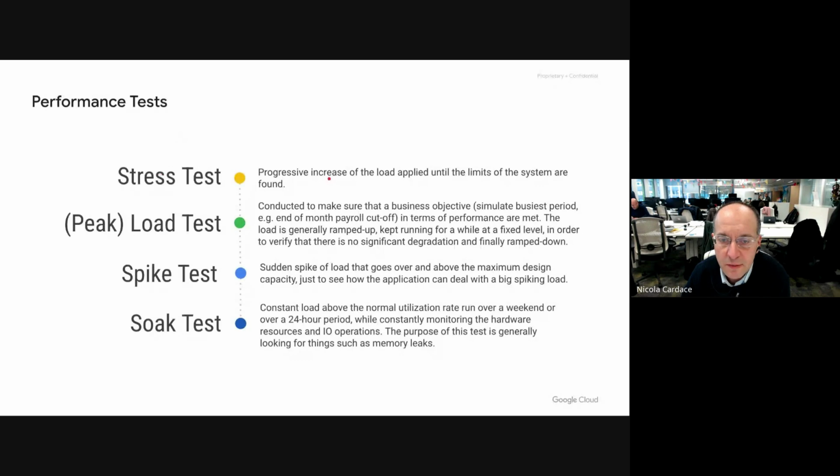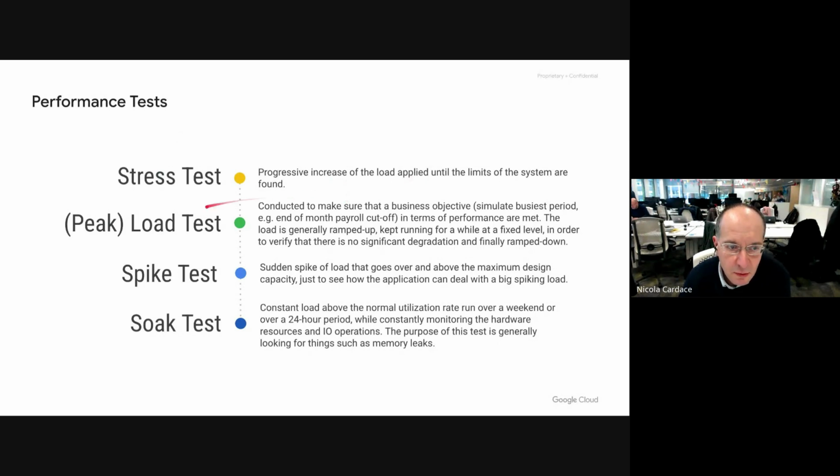I just want to increase the load progressively, as I saw before, and try to discover how much traffic I can cope with in terms of API calls per second, throughput, and payload size of the request and the response. For a given capacity, I want to see how much I can push.